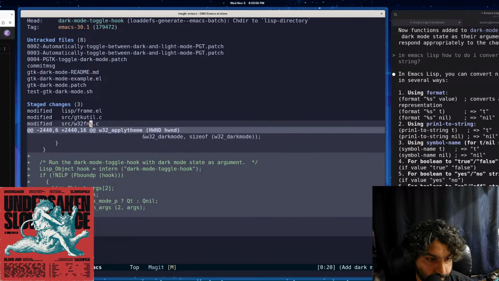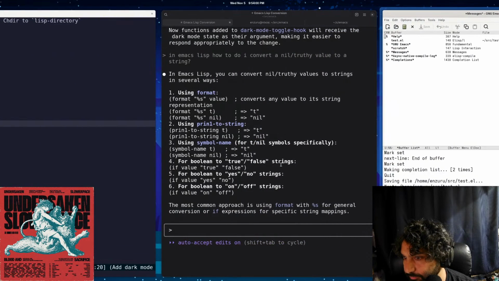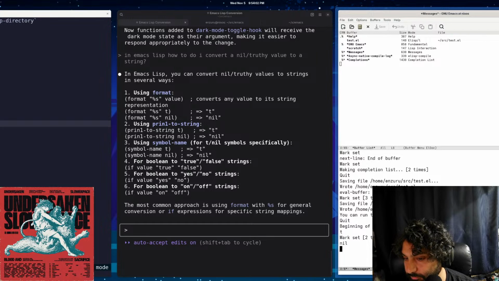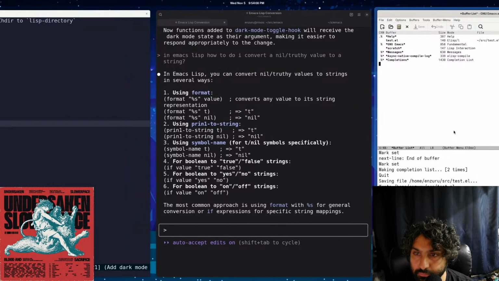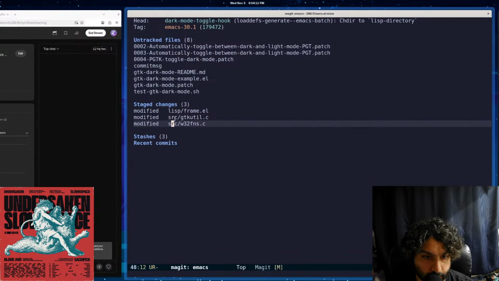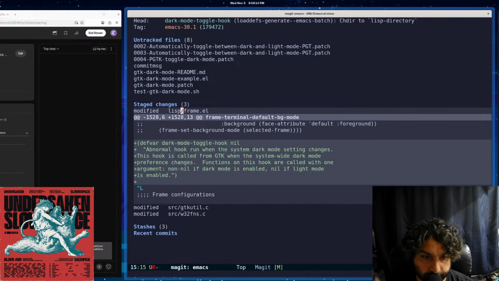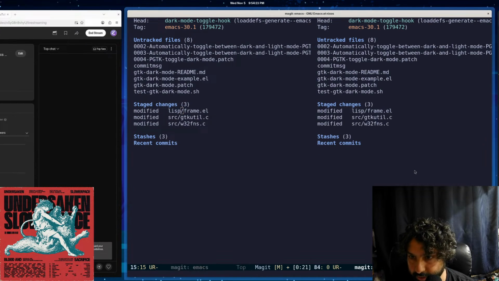All right. Cool, that was a pretty small patch. Now we have the C code calling our dark mode toggle hook. So one thing we got to do now is